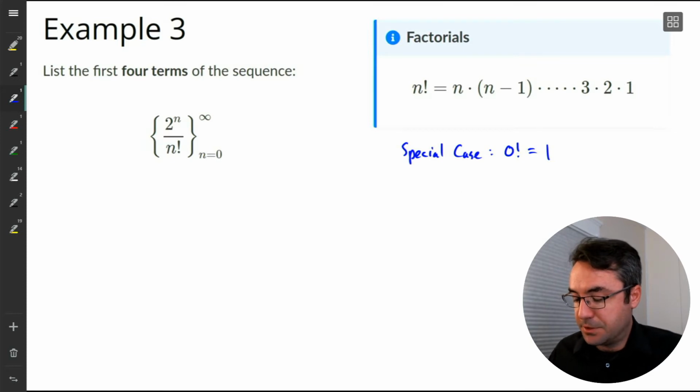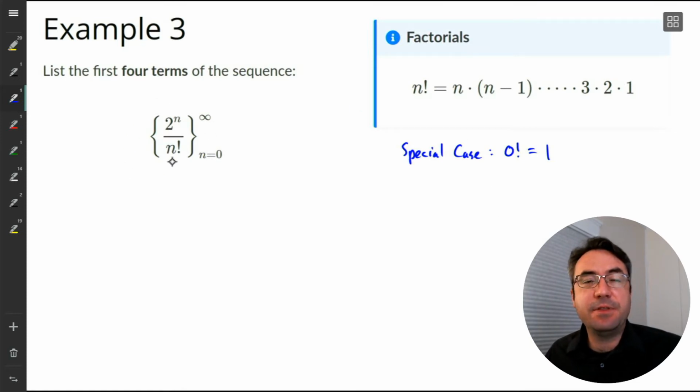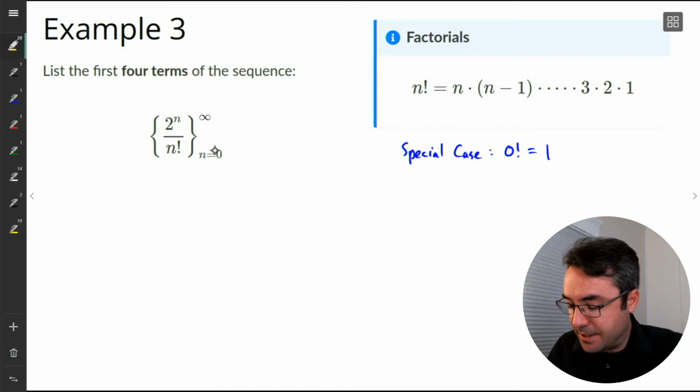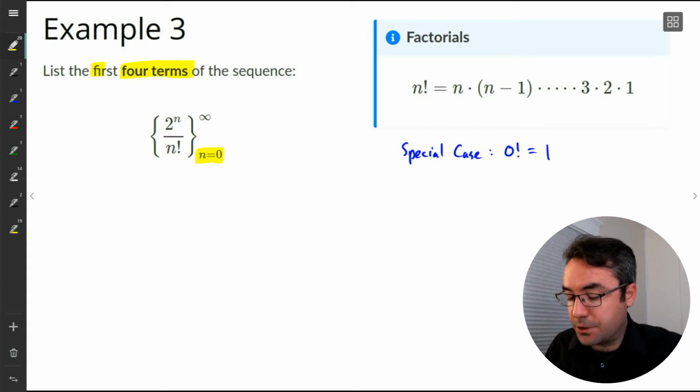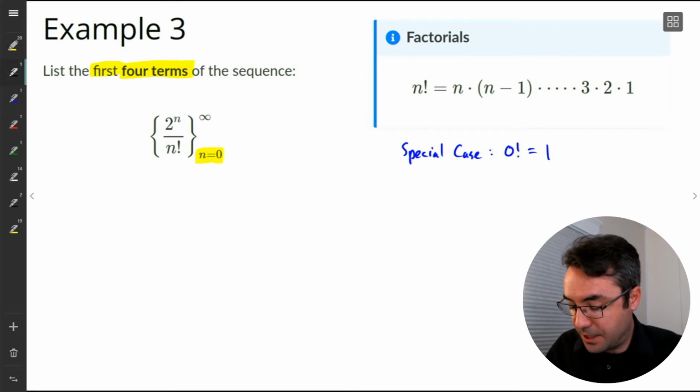All right. So here's a sequence. Again, we're given the nth general term, so we're given the formula. But now when we look at this, we're going to start at n equals 0. And we're going to write out the first 4 terms of this sequence. So again, let's go through it. We're going to start with